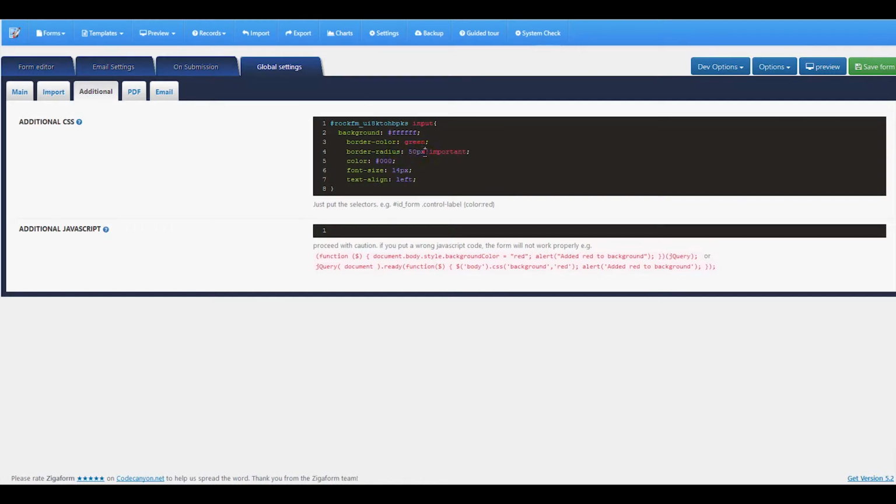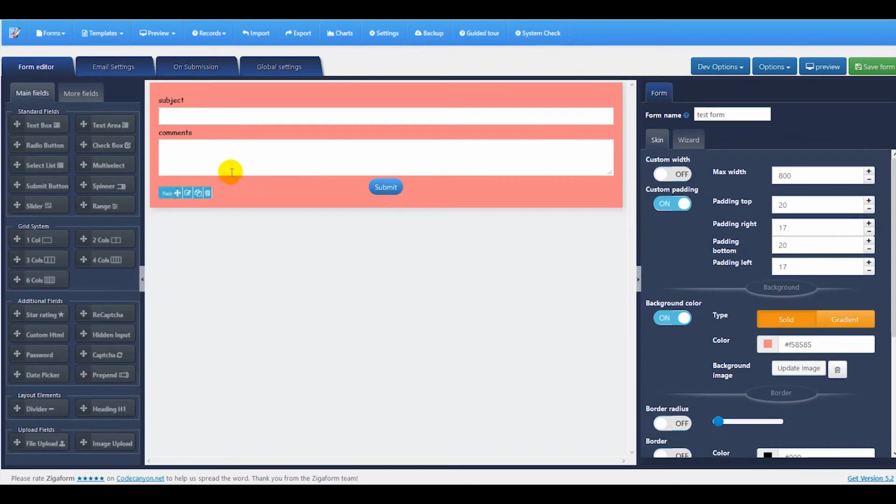So for that reason, I added this in order to make this a priority. So that was the issue. And now you can see this code is working,